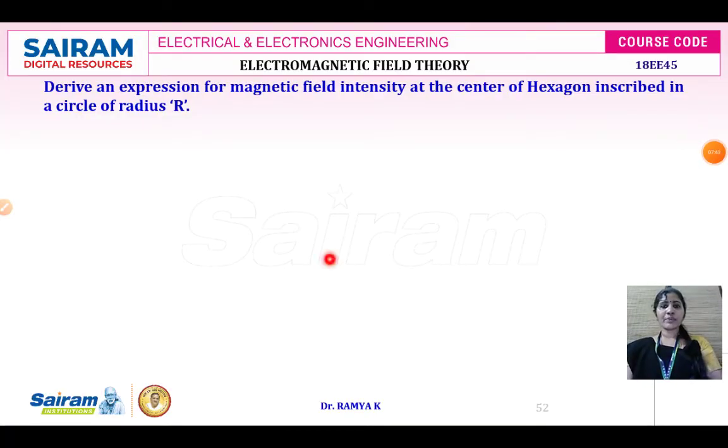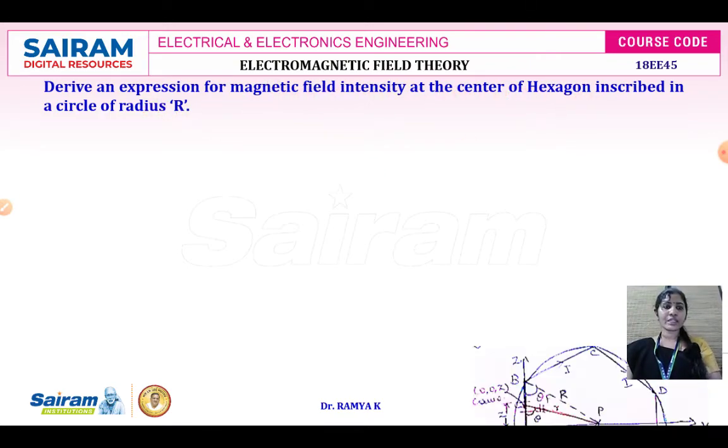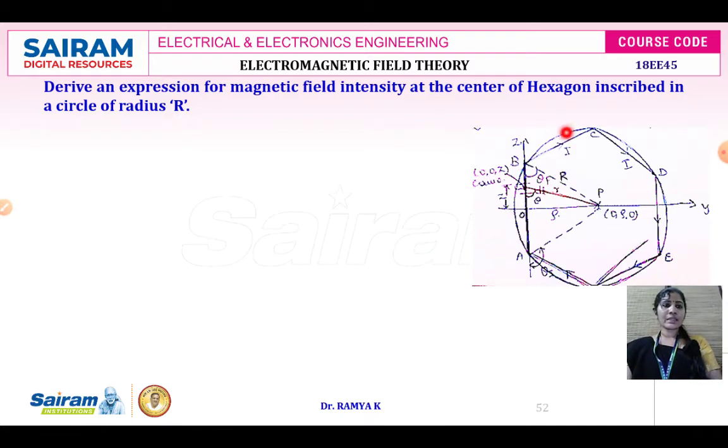So the difference between the previous problem and this problem is that in the previous problem the geometric shape considered was a square. In this problem we are going to identify the magnetic field intensity at the center of the hexagon. We can see the hexagon as shown over here. Here also, if you find the magnetic field intensity at one side, you can multiply it by 6. Here the angle will be different, because the angle made between two sides in a hexagon is 120. Therefore, the angle made from point B to point P is only 60 degrees.